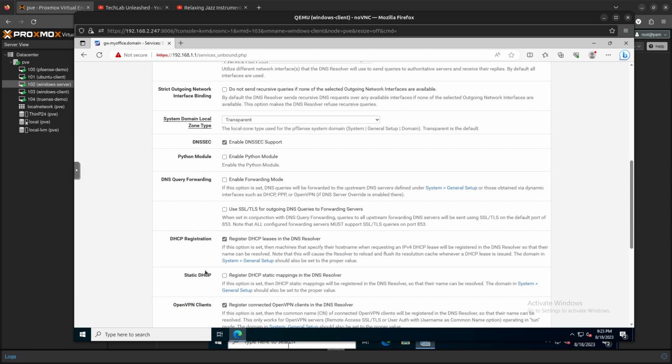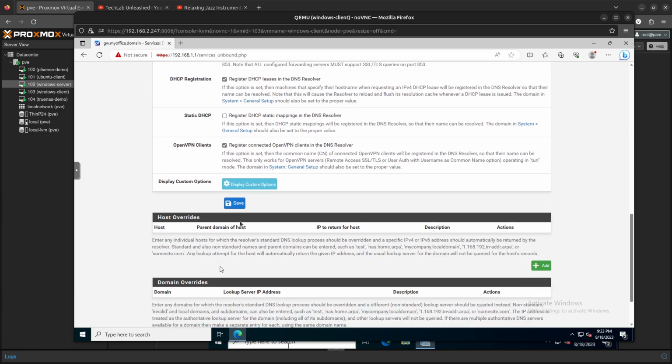It's just an extra layer of protection and administration: if you suspect that there are bad actors on your network, you can enable that option and filter them out based on which device has access to the network and which device doesn't. So now that we have done that, we are going to click on save, and